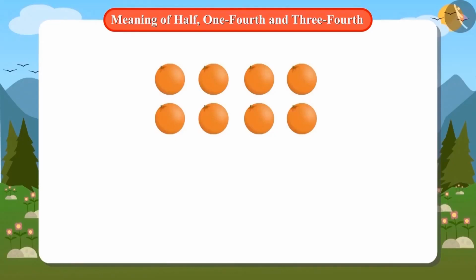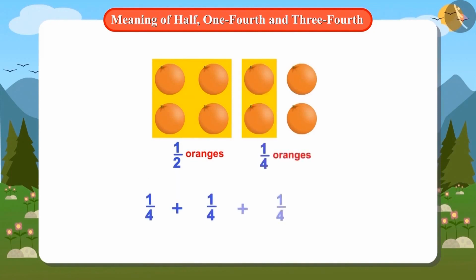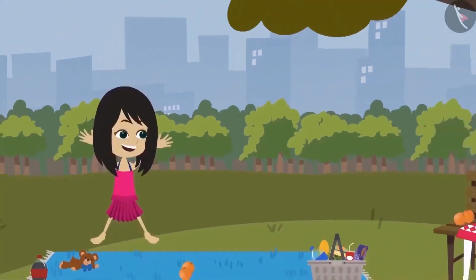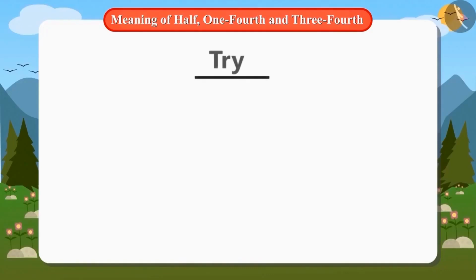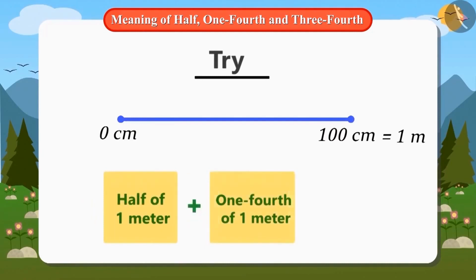See, we gave Papa half of the total oranges. If you divide this half also in half, you will get 2 quarters. Mummy already has a quarter of the total oranges. It means Mummy and Papa have 3 quarters. Now Neha is even happier because now she can add half and quarter objects. Neha has learned. Now you can also try. Try to add half and a quarter of a meter and find out how many centimeters it will be.